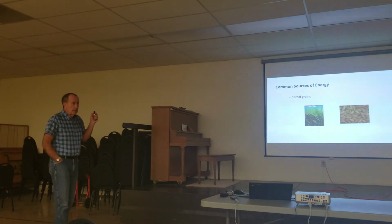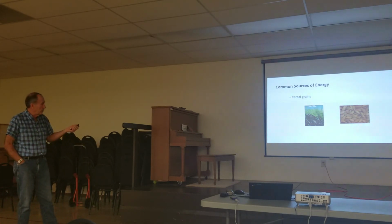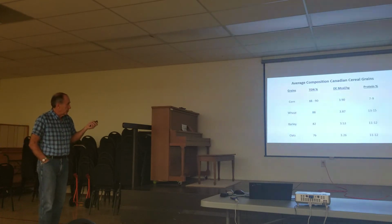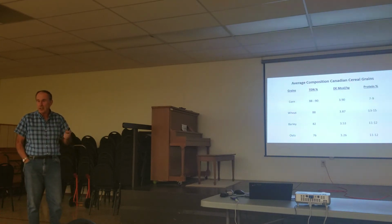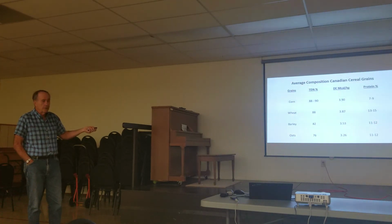So when we look at the different types of sources of feeds that we've got out there to meet some of the energy and protein needs of these animals, certainly the cereal grains are the feed sources that have the most energy density to them. When we look at corn here, which is basically the king or the queen, however you want to refer to it, in terms of energy, at 88 to 90% TDN, relatively low protein levels,